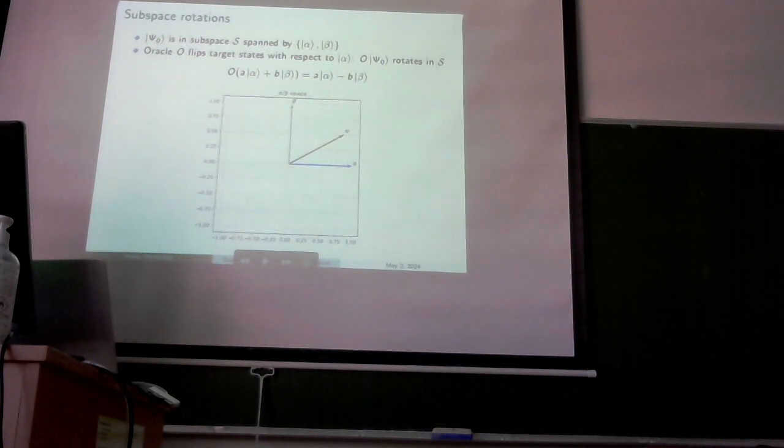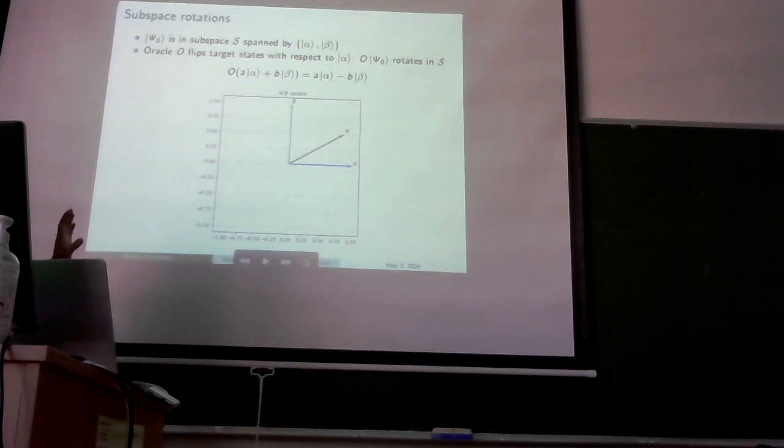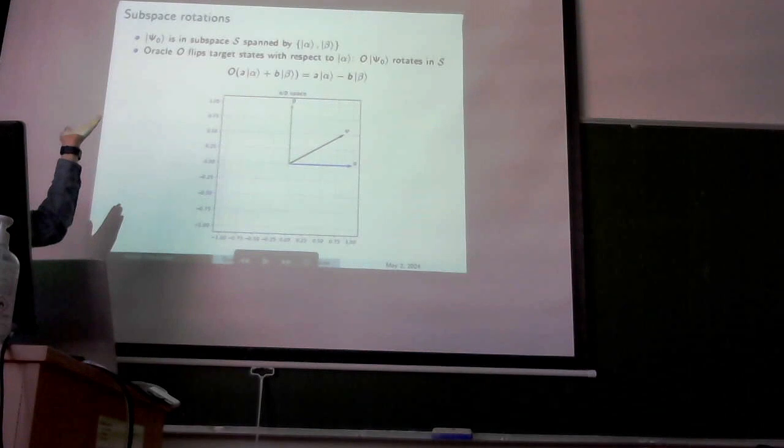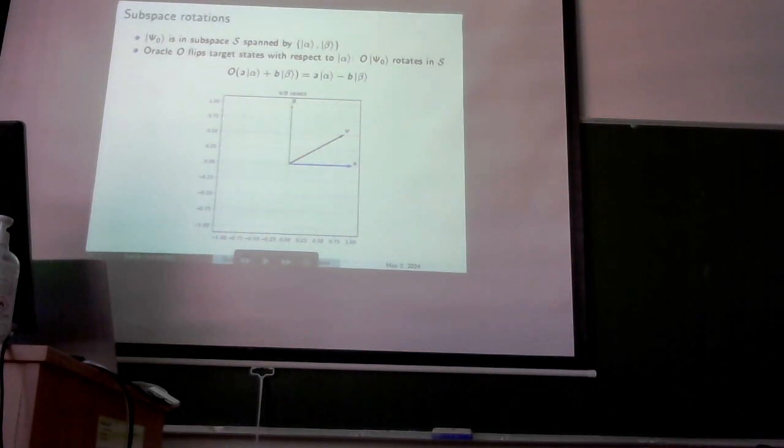In particular, applications of the oracle gate O are going to rotate states with respect to alpha. In other words, if we apply the oracle to states which are in this subspace, the result is also going to be in this subspace. So far, we are working on this particular subspace. Seeing this, the idea would be to rotate a certain state to get us close to beta, because I haven't mentioned it, but since this is a subspace spanned by two vectors, it has a very simple representation on the 2D plane and as the unit sphere.